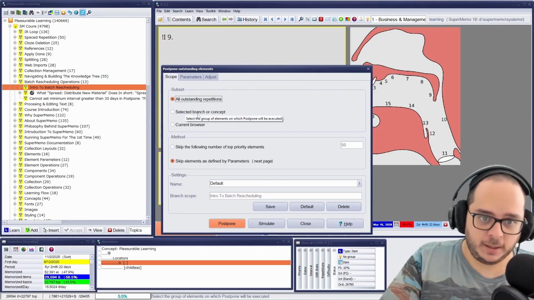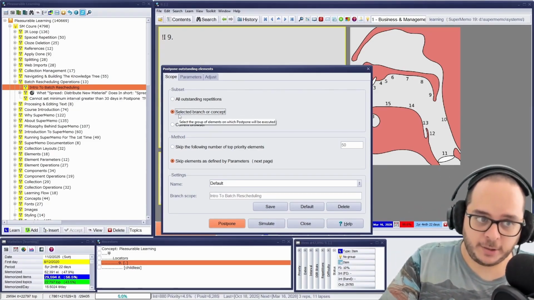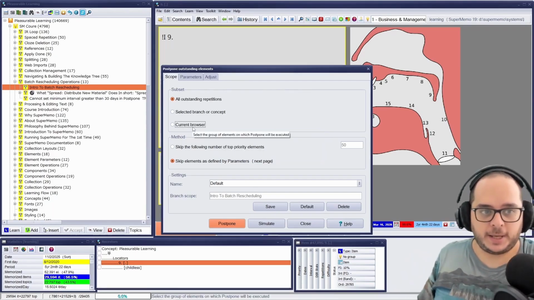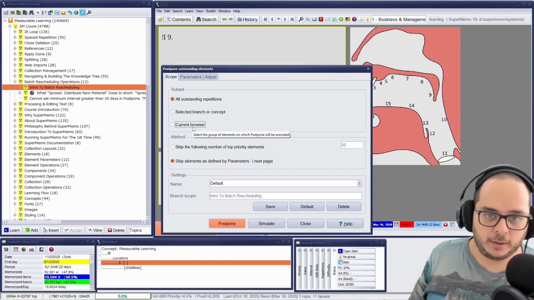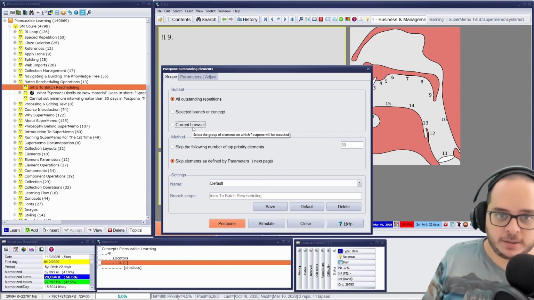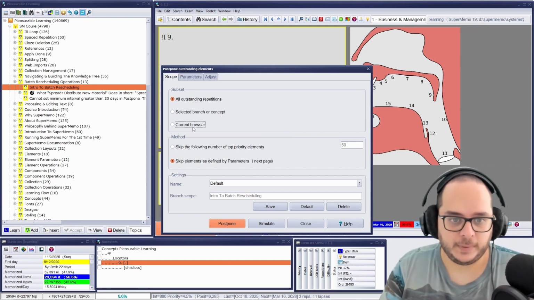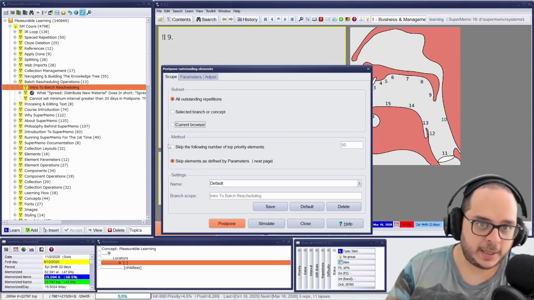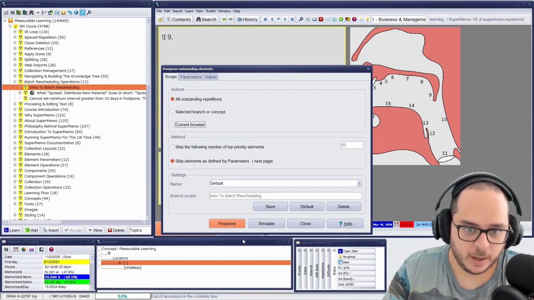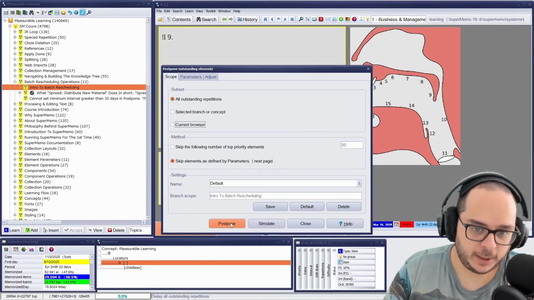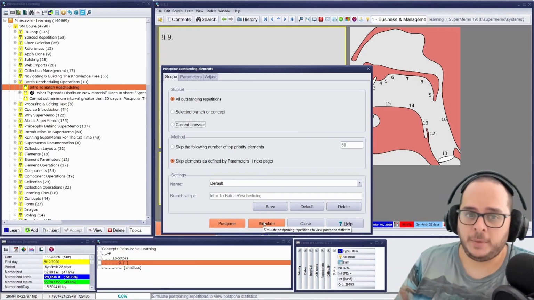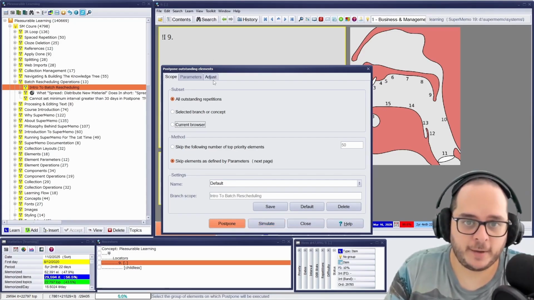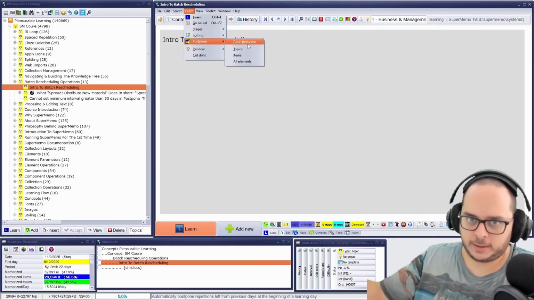Usually what I suggest is always a branch or a concept or a browser. When it's a browser, it's not as easy as everything being in one folder, because you have done a search or filtering, whatever. The method we will see in the next video, with the parameters as well as the settings. Then you can simulate before doing the postpone. Why? Because there's no undo. And then you have the third option, that is adjust. Then there's also Autopostpone, we'll see this next.